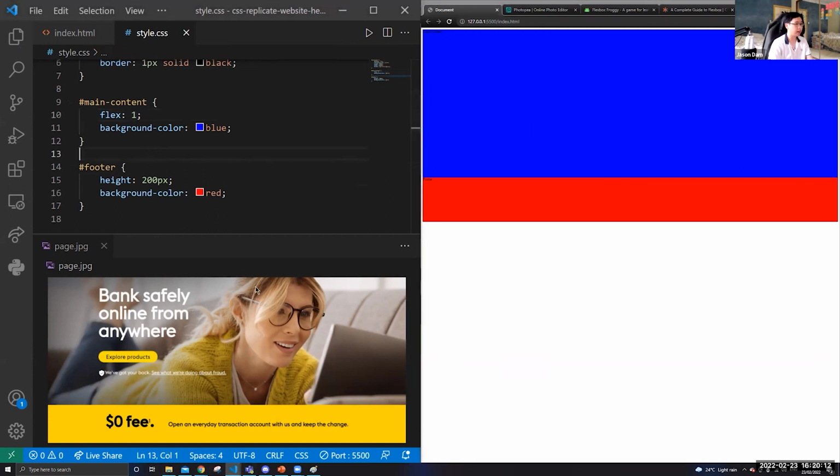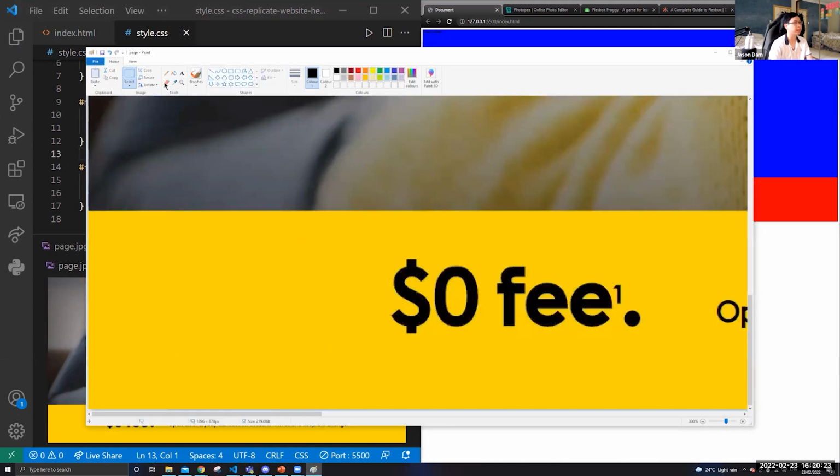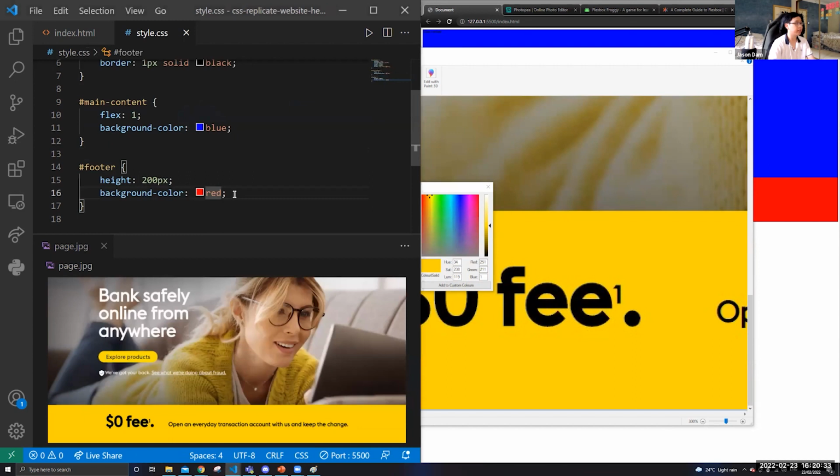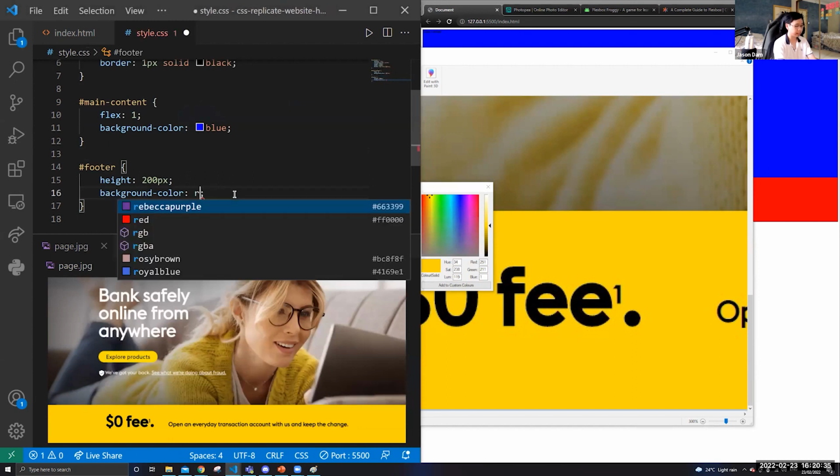All right, so I'm not officially done yet. I need to recreate this image of this woman and put it in the main content section here. And then I also need to have the footer a different color. So let's find out what that color is. Again, I can use Paint. Photopea does a really good job of this as well, but I can just do Paint, and then I can see right here, it's 251, 211, and 1. So I can do background color is RGB,